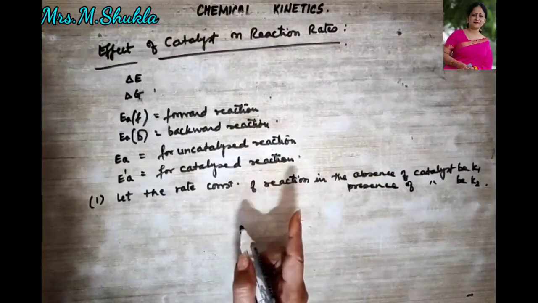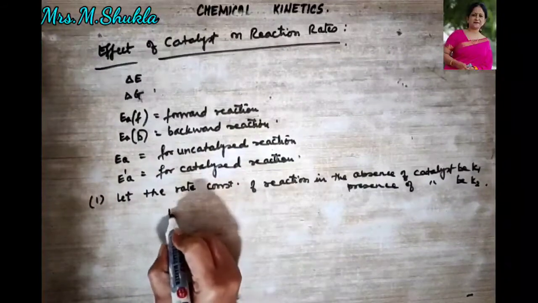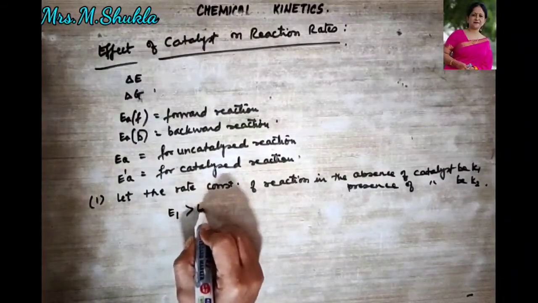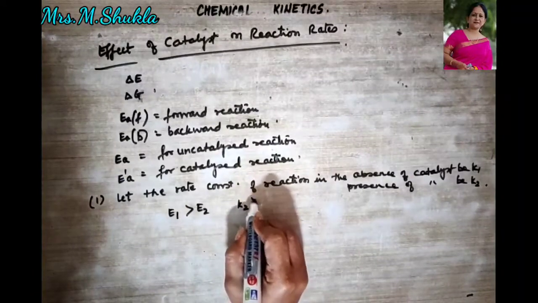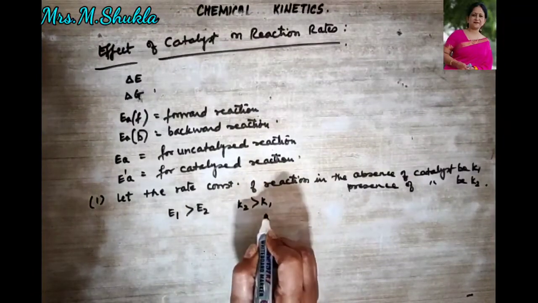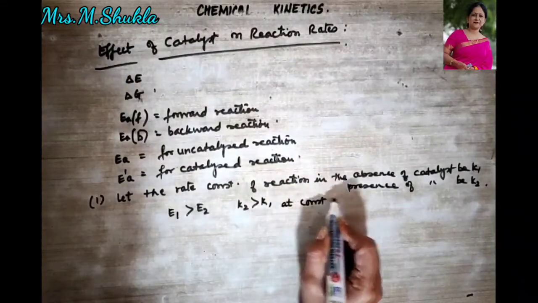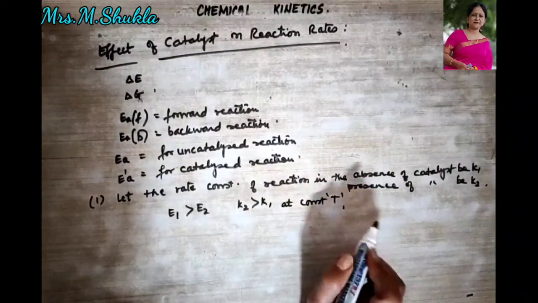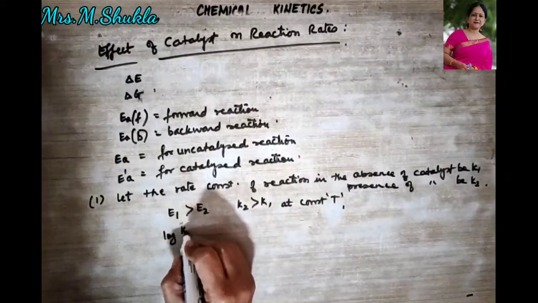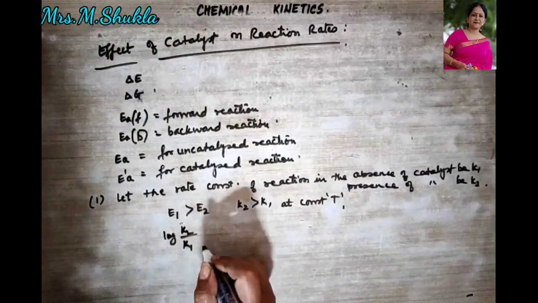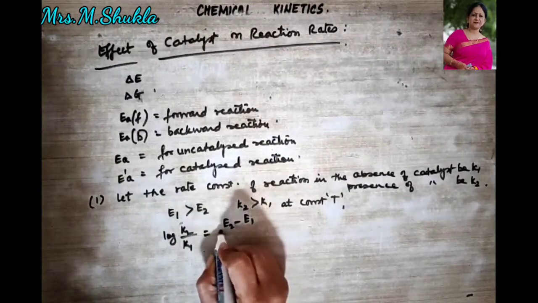Followed? So as the catalyst, we know, lowers the activation energy, therefore your E1 will be greater than your E2, and your K2 will also be greater than K1 at constant temperature. I hope this is clear. So your log K2 upon K1 will be equal to what? E1 minus E2 upon